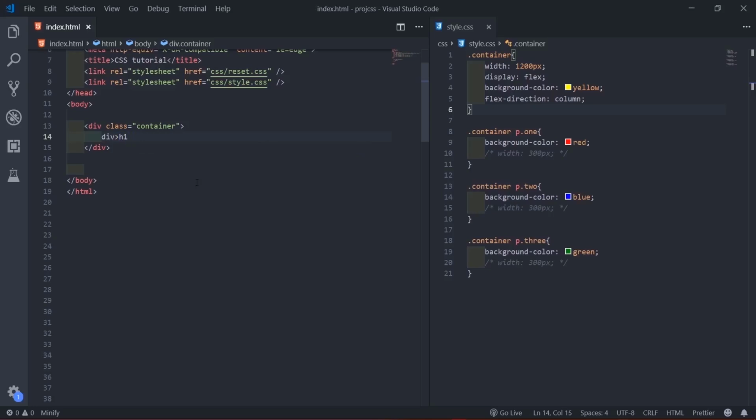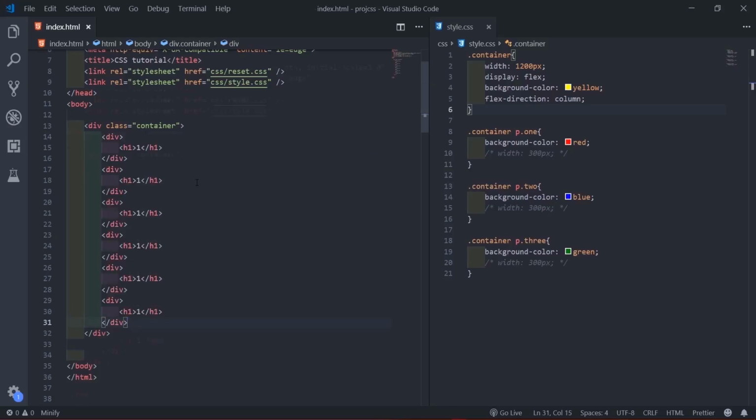I'll create like 5. Sorry, I'm not doing well. Div h1 times 6. I'll comment out these two here. In fact, I'll write something inside. Alright, so I'll say 2, 3, 4, 5, 6.